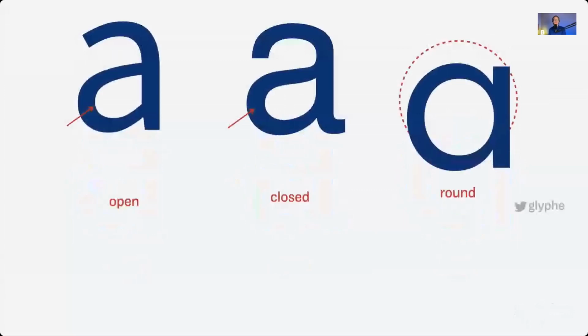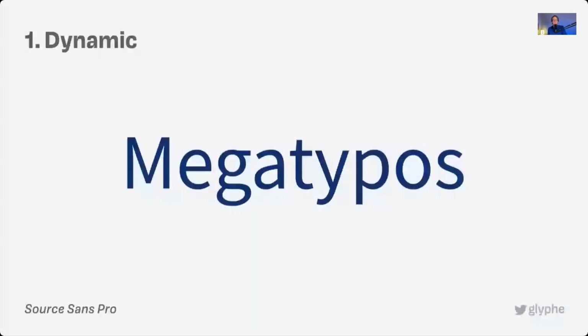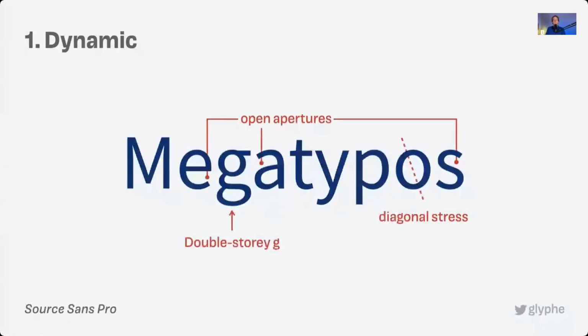Here we have, again, a sans serif, Source Sans Pro. These are the characteristics of this form model. We have open apertures. We have most of the time a double story G, not always. Most of the time a double story A, not always again. And we have a diagonal stress here. We can see this at the O. It's harder to see since the contrast is very little. It's very